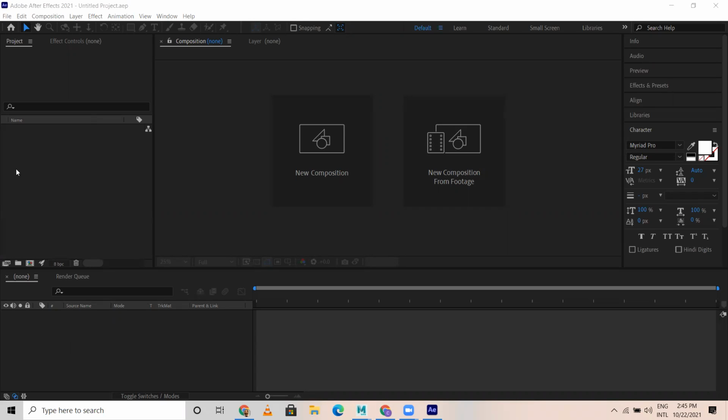See, this is the area where we import the footages and all. Here we call, the terminology footages in the sense the raw footages or the raw videos or the images, whatever we need to incorporate in the video, or with the help of the images and the video we create some cinematic composition. All those will be imported here in this area. And this is the project area. This is basically the work area.